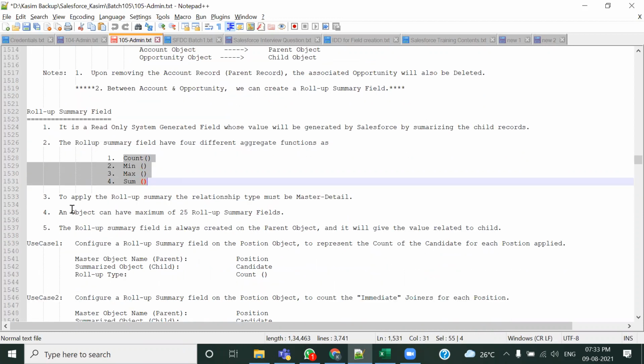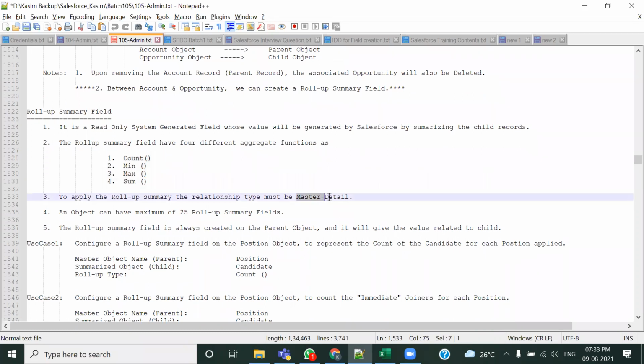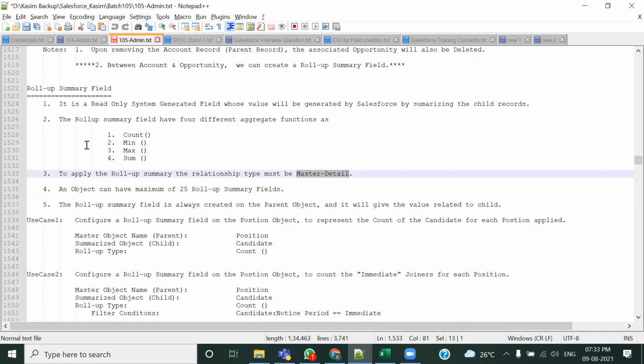Then we also have to understand that if we want to create a roll-up summary, the roll-up summary must only be created on the master detail relationship. That means if your relationship type is lookup, then you cannot create the roll-up summary. So these were actually a few considerations. What we have